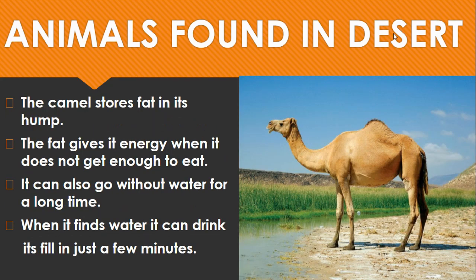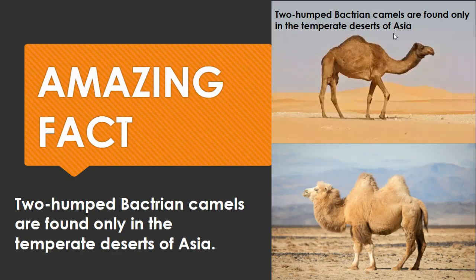The camel stores fat in its hump. The fat gives it energy when it does not get enough to eat. It can also go without water for a long time. When it finds water, it can drink its fill in just a few minutes. That's why camel is also called the ship of the desert